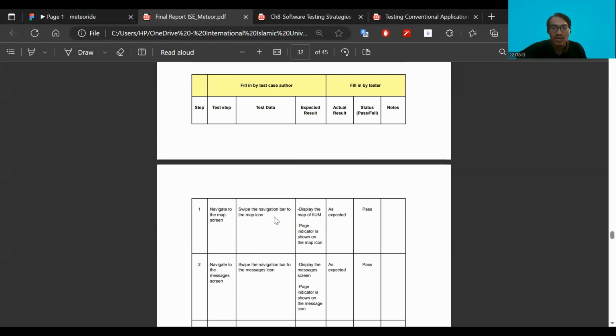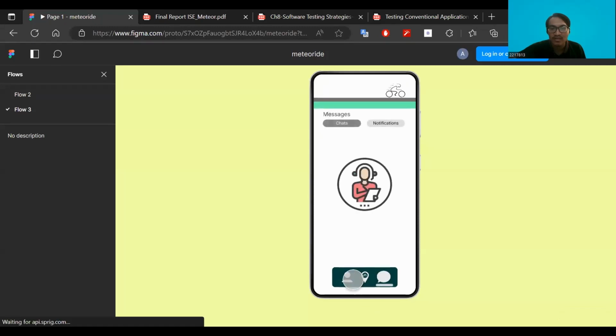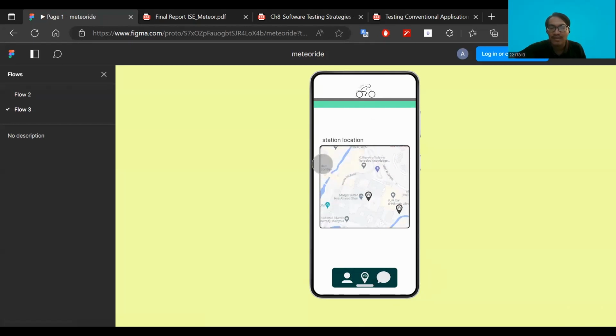We swipe the navigation bar to the map icon, and it should display the map of the IIUM, and then the page indicator should be on the map icon. Here we swipe on the navigation bar to the map icon. Sorry, the cursor is a bit big. Here you can see that the indicator is on the map, and we can see the IIUM map here.